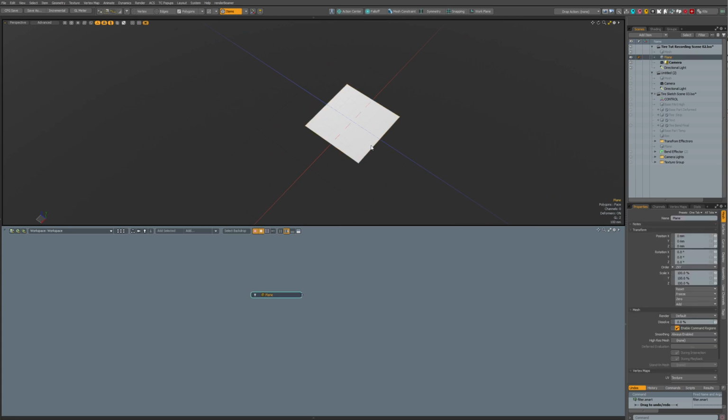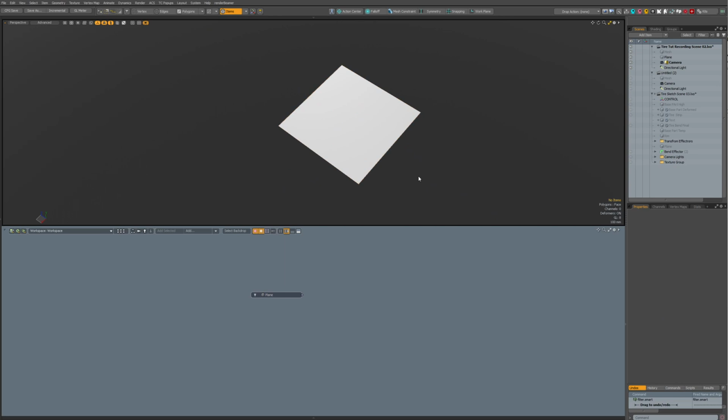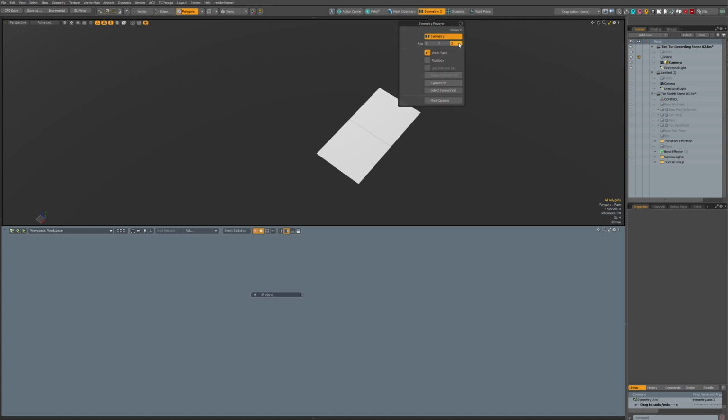So I'll subdivide it a few times. I also have hotkey Shift 2 for wireframe, Shift 1 for vertices. So I delete the other side and then I set symmetry options to Z. Okay, but it should work.